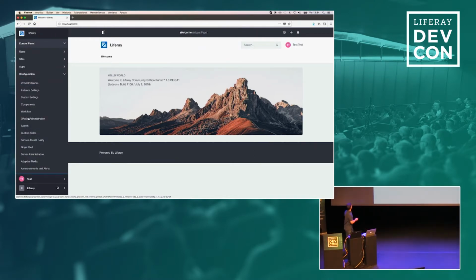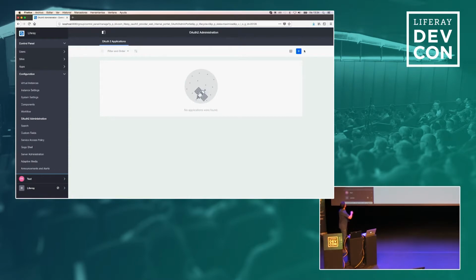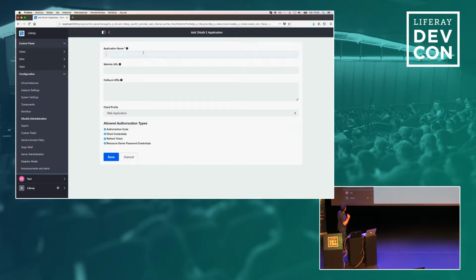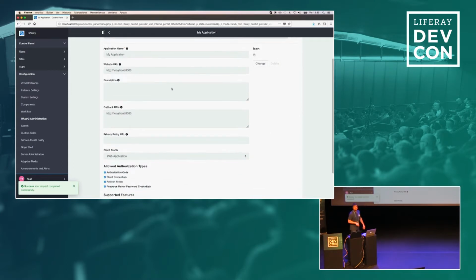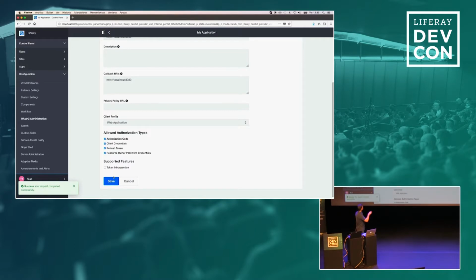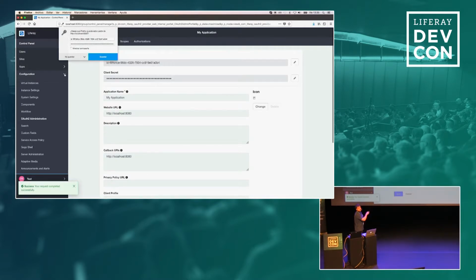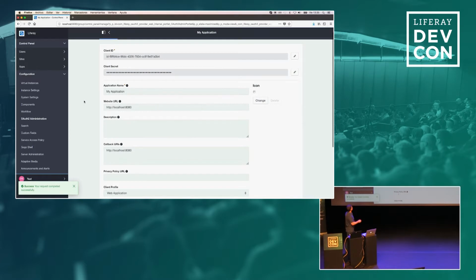So this is what you need to do. Once you have your application deployed, the only thing you need to do is go to Control Panel, Configuration, OAuth2 Administrator, and you fill in this form for your application. You just put whatever website you want there because this is the description or the URL of your application, but this is a description. The callback URIs are important. Those are the URIs that are going to be allowed to redirect from OAuth2. So once we have this,